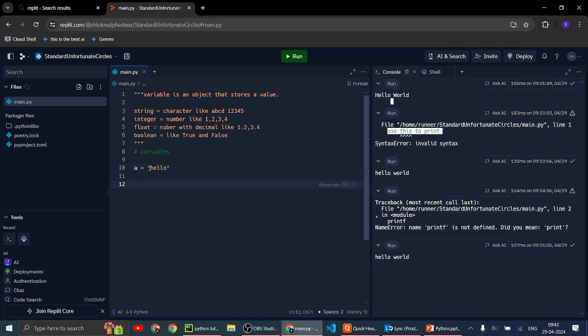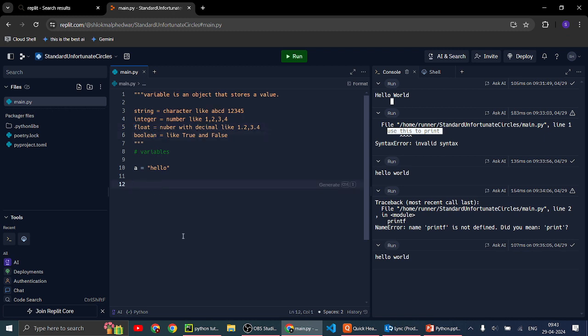If you don't know the type of the variable, what is the type of the variable? I have said that there are types: string, integer, float, and boolean.